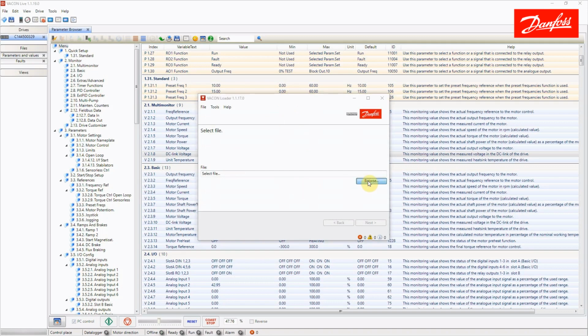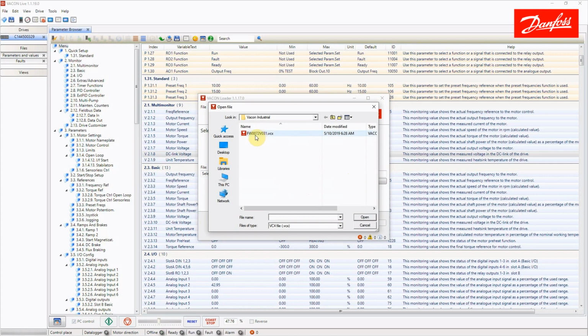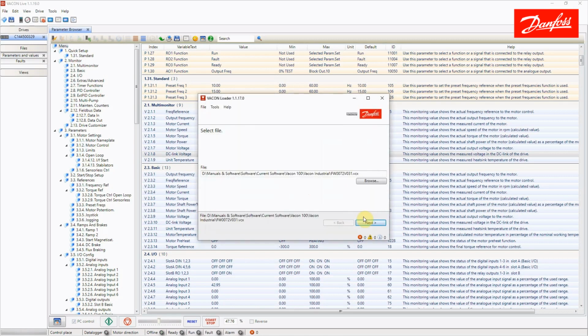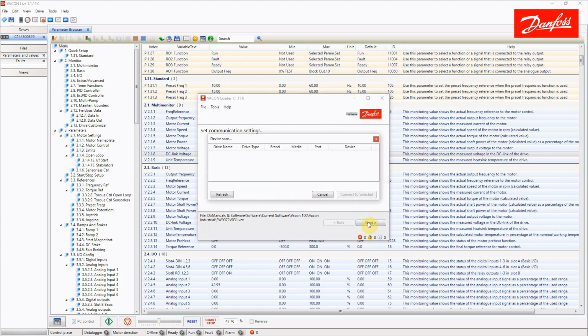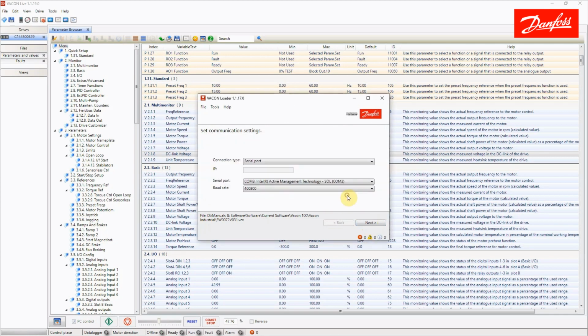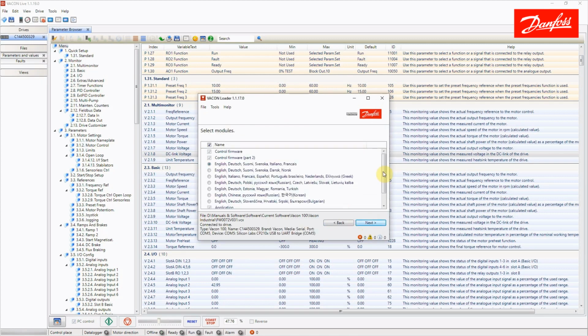So browse for where you have your file stored for your software. I'm going to select this one, which is the same software that's already in it. Open that, click Next. It will again scan for the drive. I'll select this drive, connect, and here we can